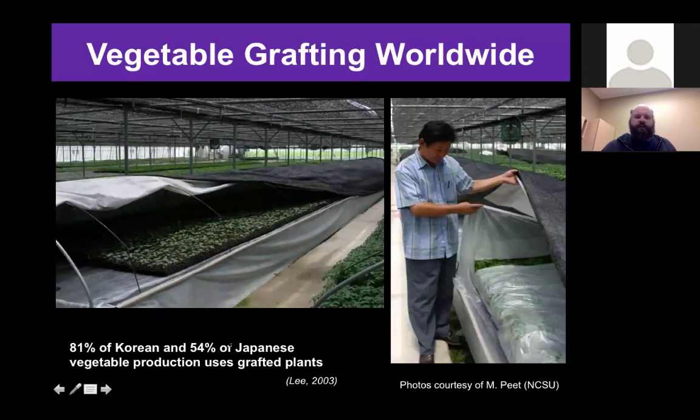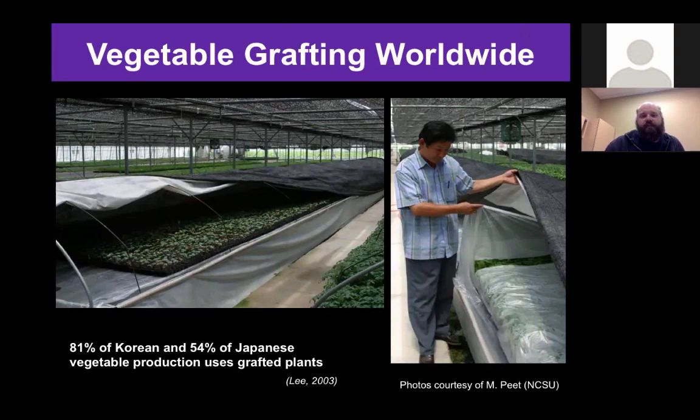So if we look at grafting worldwide, it's actually used predominantly for vegetable production in Asia and also around the Mediterranean region as well. And you can see some numbers here. These are starting to get a little bit old, but you can see the scale. This is a grafting nursery in Korea. And here they're growing grafted tomatoes, grafted watermelons, grafted peppers, grafted eggplant. And so you can see the scale that they're growing these at. In Asia, they're growing millions and millions of grafted transplants, mainly for producing melons and tomatoes and eggplant, especially in